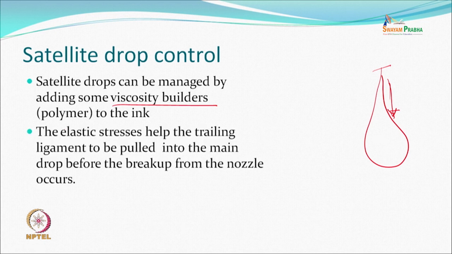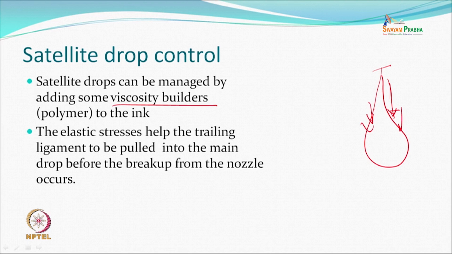So, why does it happen? Because of this small little increase in the viscosity, there are elastic stresses which help this trailing ligament to be pulled back to the drop itself, before breaking up from the nozzle. So, this is one way the ink manufacturer would like to control, and which definitely will help in the quality